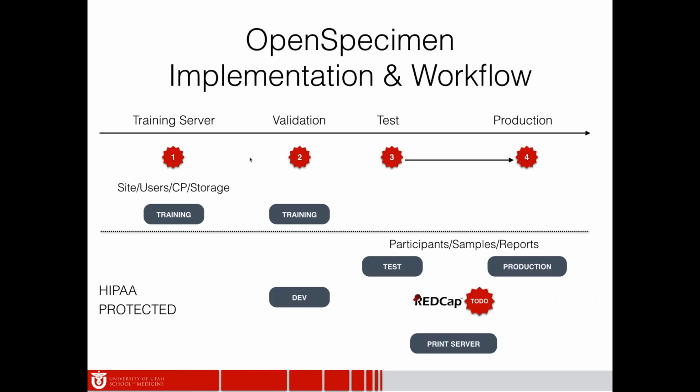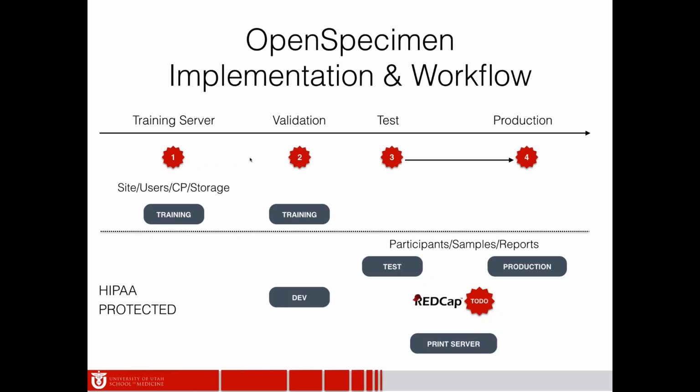From there, we actually start to validate those workflows with the sites, and then any changes that need to take place with the incoming updates from Krishagni for the newer versions of OpenSpecimen, I follow along on our development server because I can blow that away pretty quickly and rebuild. And then we can update test and production, which is actually in a protected space with the validated collection protocols